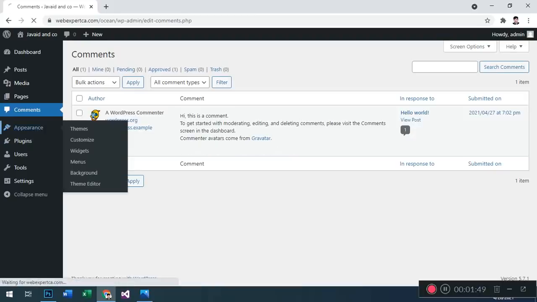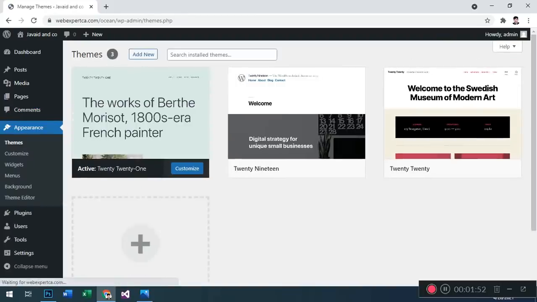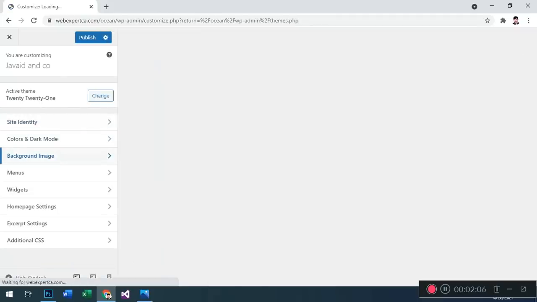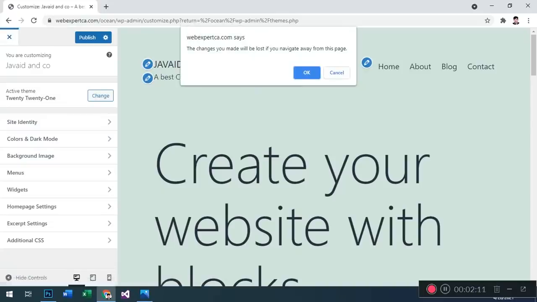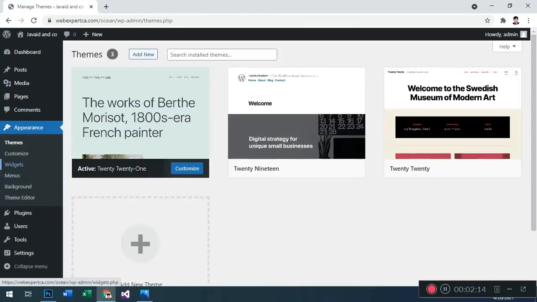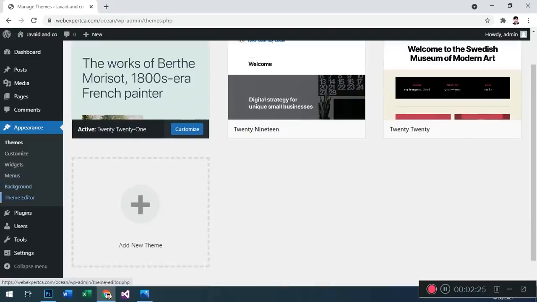In this section, the appearance. In this appearance you can add a new theme to your WordPress using here. First, this section is the themes. In the add theme, customize. In this customization you can edit your theme. All settings are available from this area for you. Going back, in the widgets option, all widgets are available here, and in the menu section you can add, set and create different types of menus for your website. Background change, you can edit in the theme editor, and the other section is the plugins.